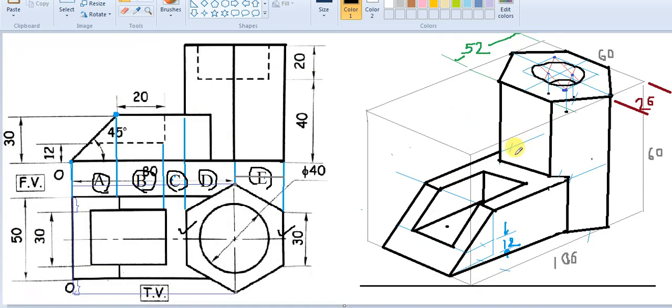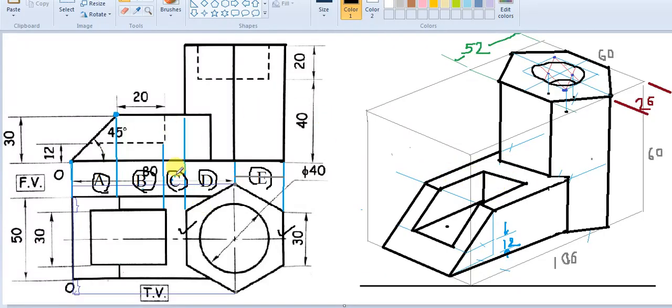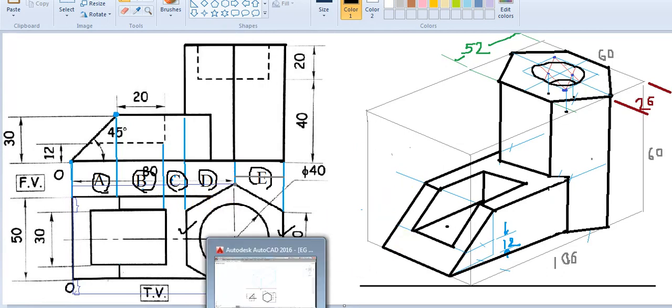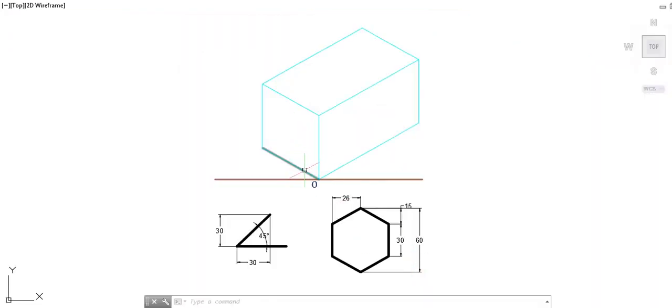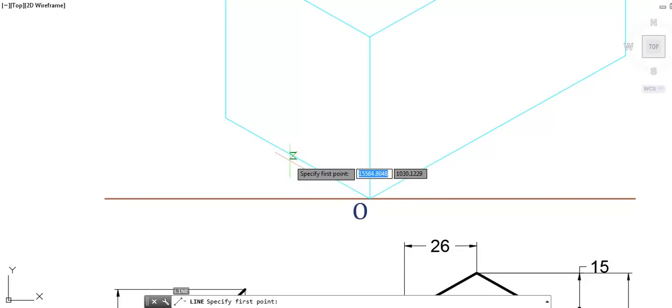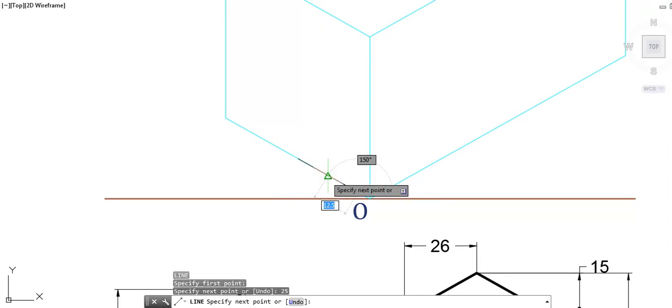So let us now copy the problem in a proper manner. So requesting all of you to follow this step by step. The same box I am going to start with. So this is how I have already obtained the box. Now using this particular solution and the given dimension, let us try to solve it. Now as we can see, 50 is the primemost dimension where we had started with. So let us start using the 50 dimension. For that I'll make sure that from the center I am going on either side by 25 like this.